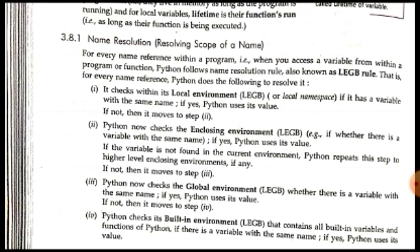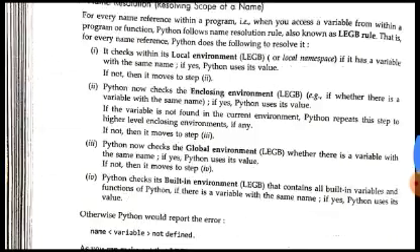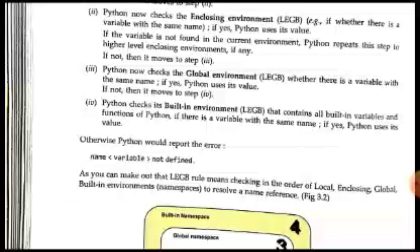Okay, it will try to check in the built-in environment whether it is able to find any variable with the same name in the built-in variables also. It will check whether there is a built-in variable or not which is having the same name as the variable which is being used in the function, है ना? If in all the four steps it doesn't find any matching variable name, then what it will do? It will report the error that this variable name is not defined. This variable with the name is not defined, so it can't be used in your program.